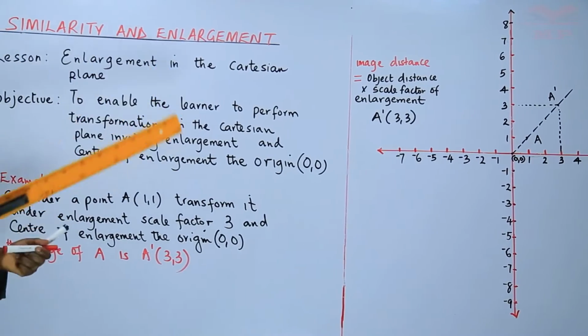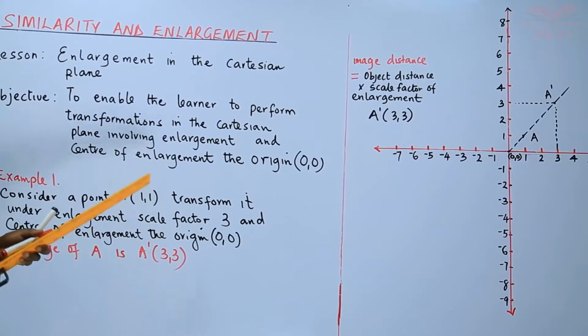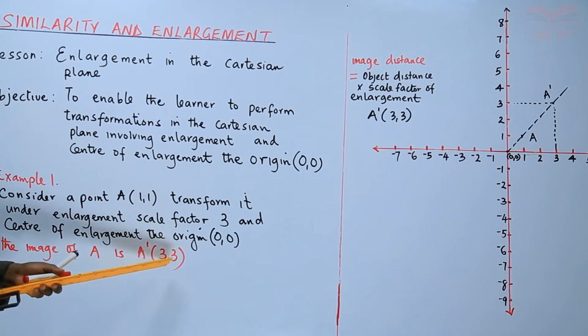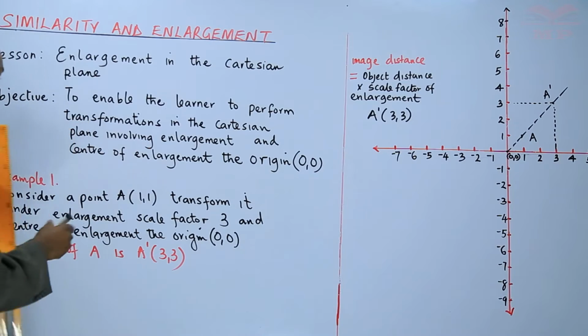What has happened, learner? Look at 1 and 3. Look at 3 and 3. There is something that has happened in the coordinates. 1 and 3. What is the relationship? 3 times 1. 1 times 3, you get 3. 1 times 1, you get 3. So we realize if we have a point,